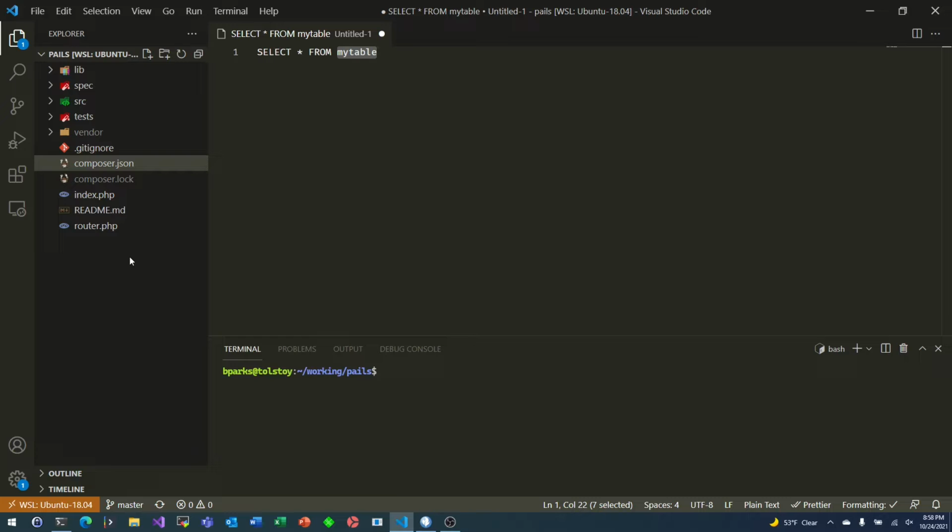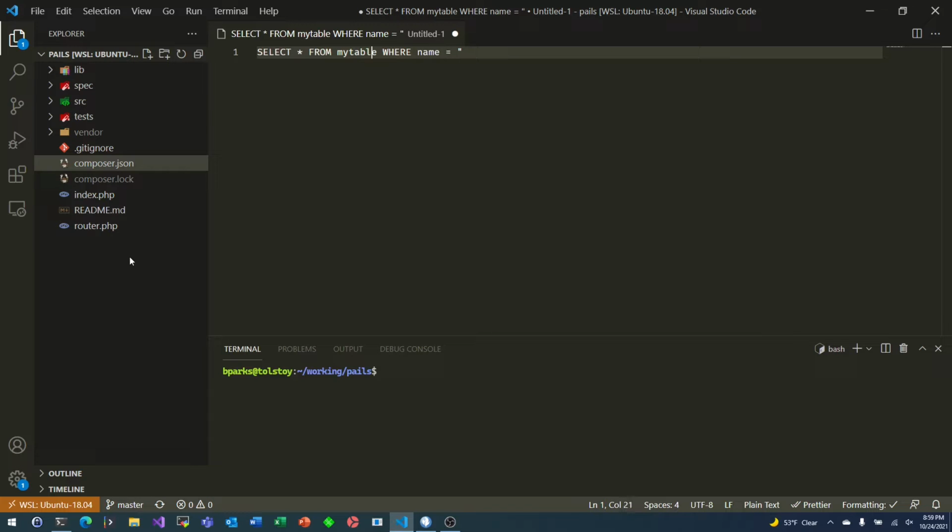Now, in this case, there isn't much of an opportunity for SQL injection because this is pretty standard SQL. However, if we start adding more parameters to it, we'll start to get into SQL injection territory. So let's do where, let's say my table has a name column, and we'll do something like that. Still, totally static SQL. We don't have to worry about SQL injection here. Where we do have to worry about SQL injection is if, let's say,